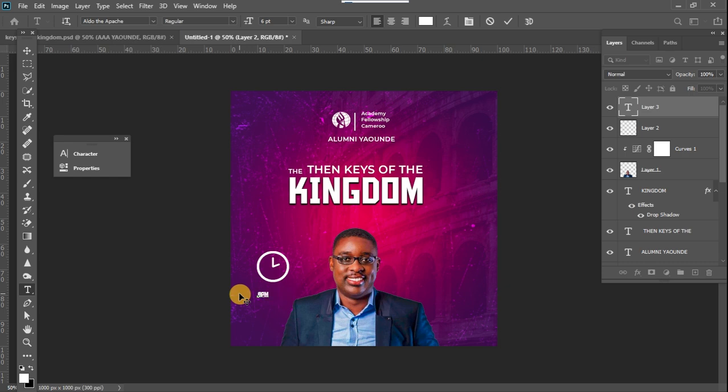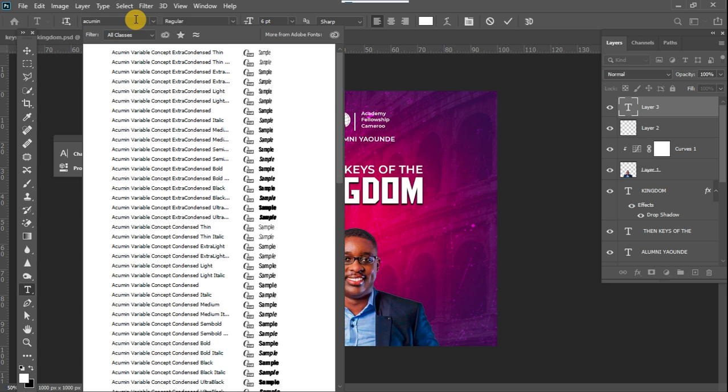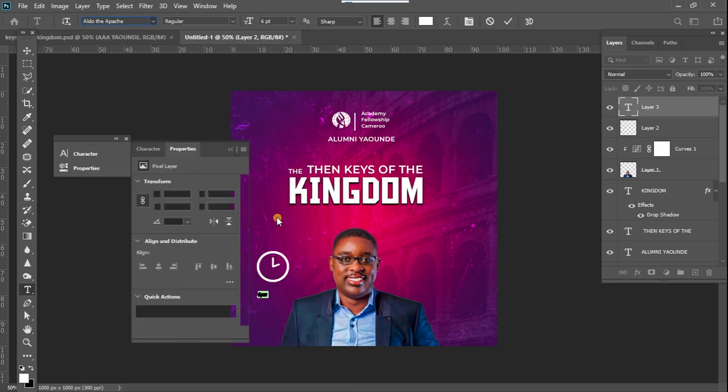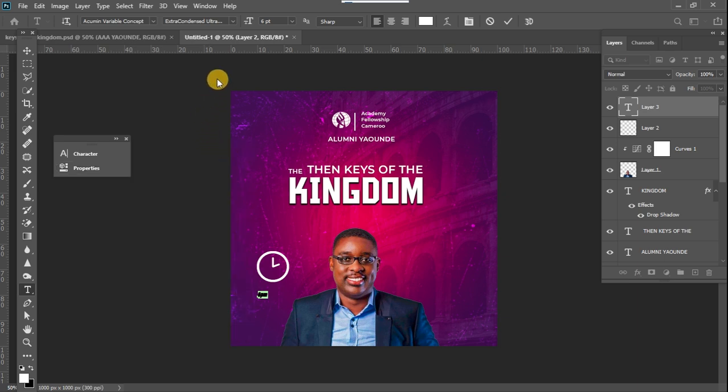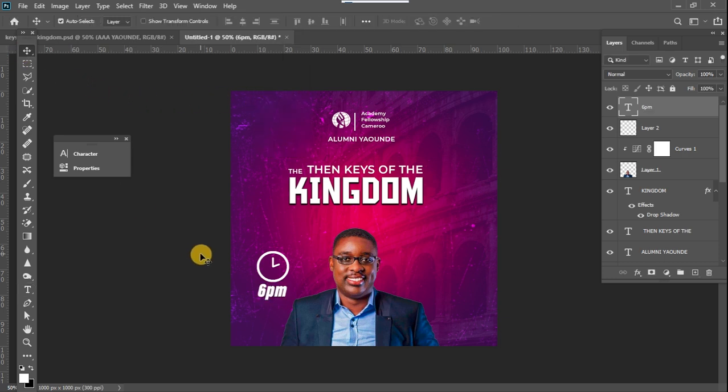6 p.m. Select everything, go to the fonts, and I change it to Acumin variable, and maybe I use this one and increase the font size to say 18. Okay, I think I like this. And then the next thing I will do now is to add the date and location of the event. So I'm just going to type in Saturday here,